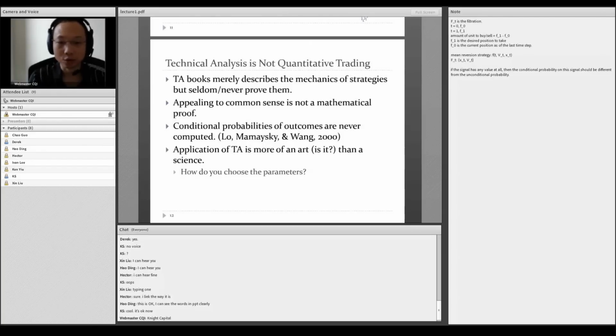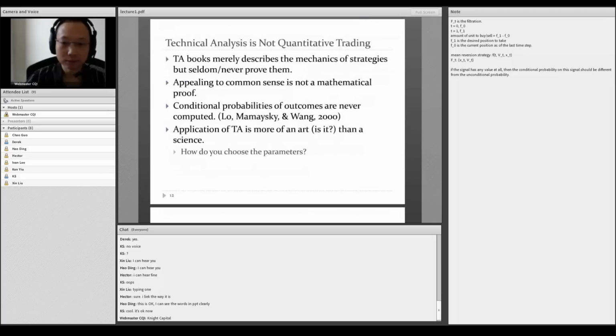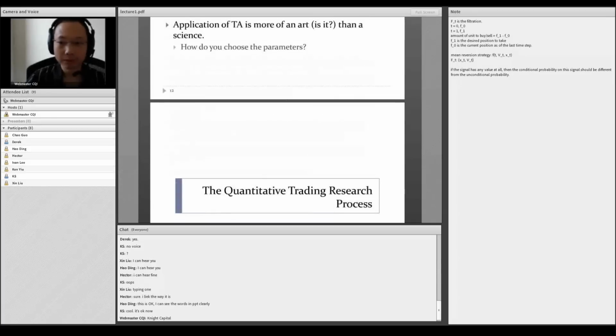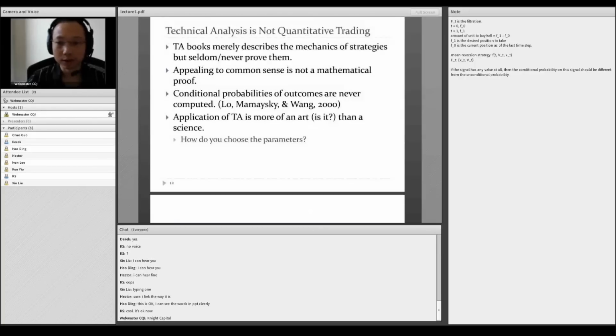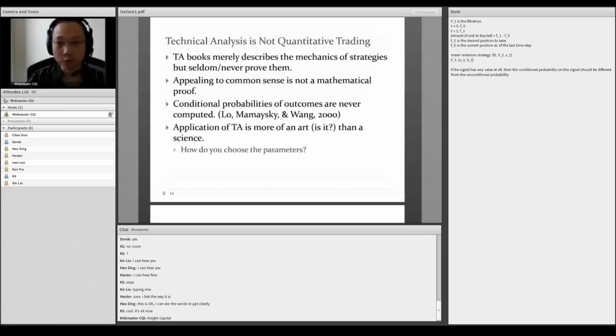I mean, no technical analysis book tells you how to choose parameters, but newspapers do tell you how to choose parameters. The TV reporter will tell you how to choose parameters, but they don't mean anything, right? Okay, but we are going to tell you how to choose parameters for the moving average crossover strategy in a few minutes. So from this perspective, my personal opinion is that technical analysis is not quantitative